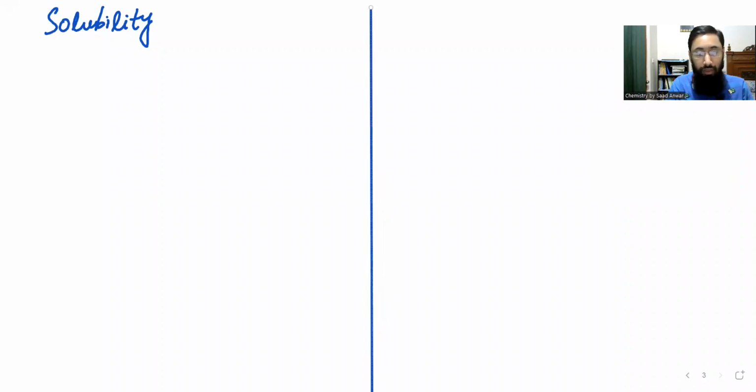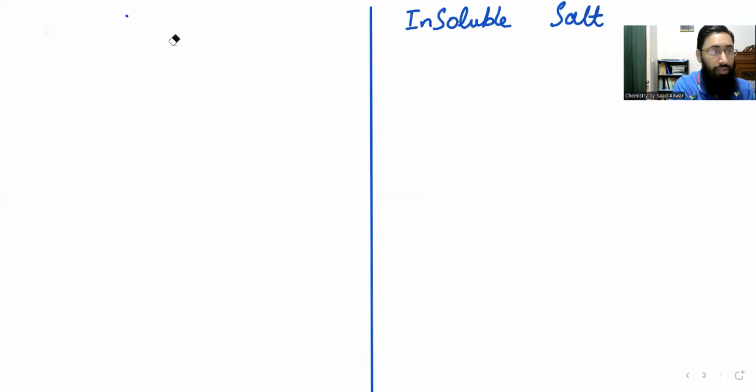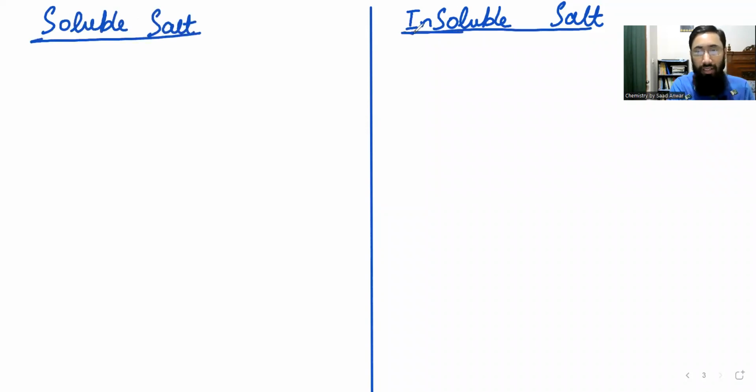And here I will mention the names of those salts which are insoluble. Soluble salts in this column, insoluble salts in that column, right?